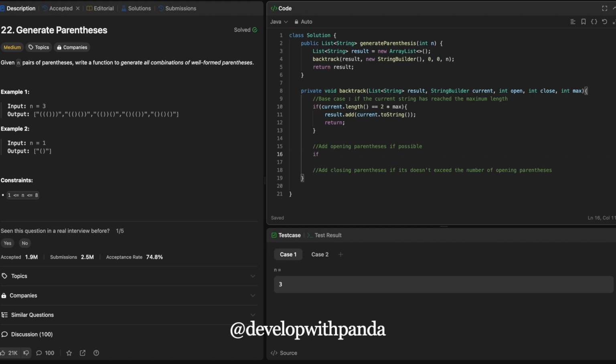Now for adding an opening parenthesis, we will have an if condition which will check if open is less than max. If it is less, then we will append an opening parenthesis to the current, and then we will call the backtrack method where we will pass result, current and open plus 1 as we have added one opening parenthesis, then close